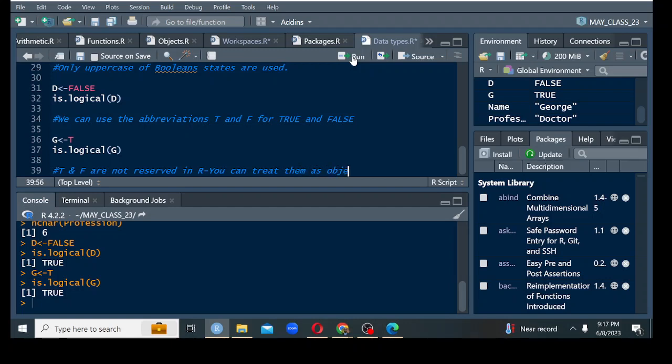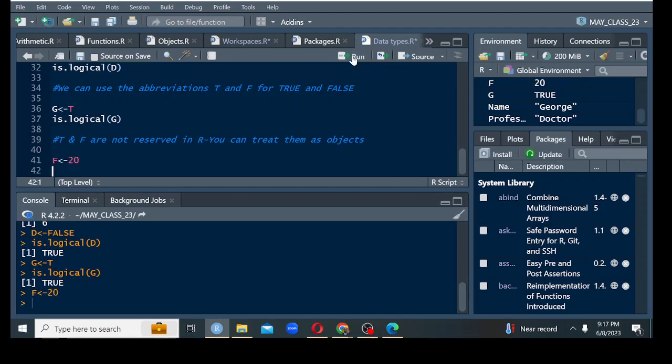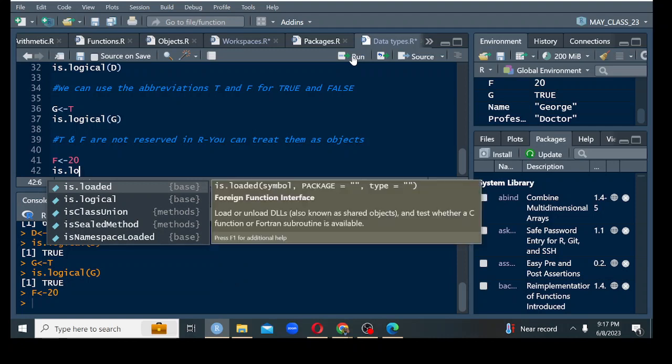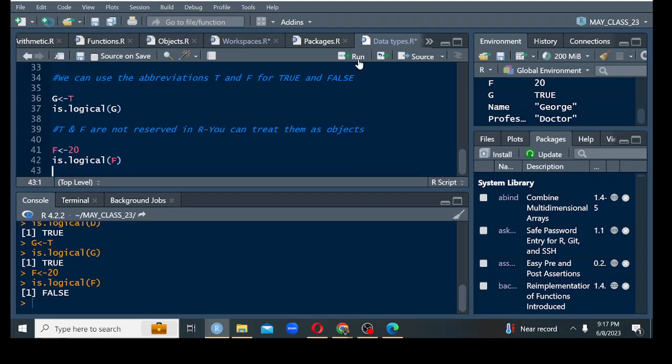And I want to give an example. Let us come up with an object called, maybe, F. We assign a value of 20, right? Then run that line of code. Then if we say is.logical and type that F, it will give us a FALSE because it is not a logical